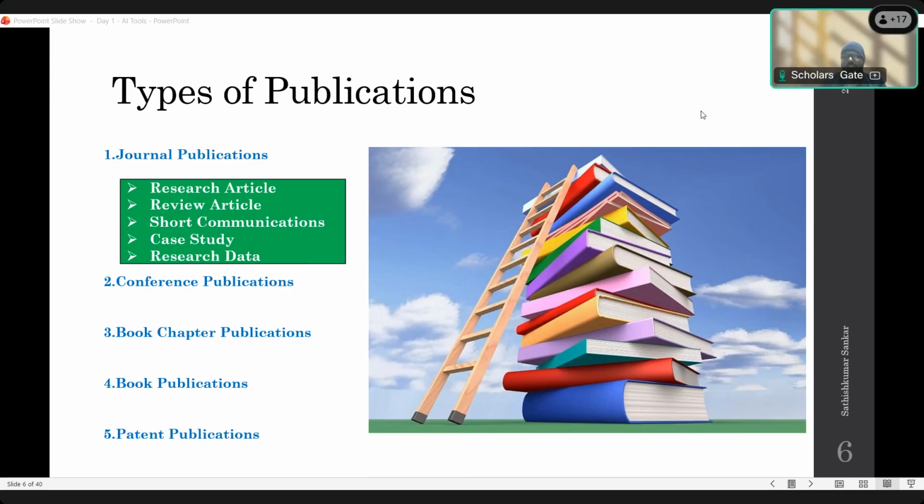Patent publication is not published in any journal. If your work is novel and innovative, first we find a patent agent, and only through the patent agent can we go for the patent filing. Once the patent is filed, the same kind of documents are required: abstract, background of the study, field of invention, keywords, and application.